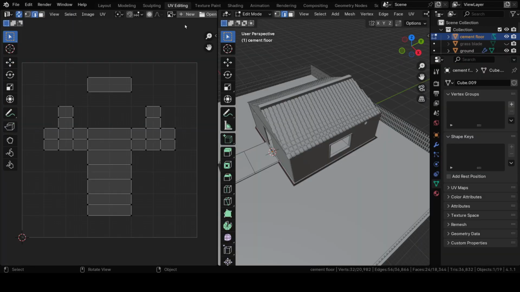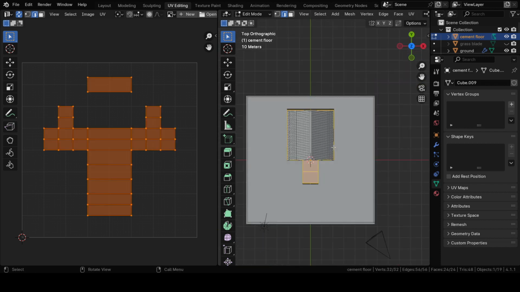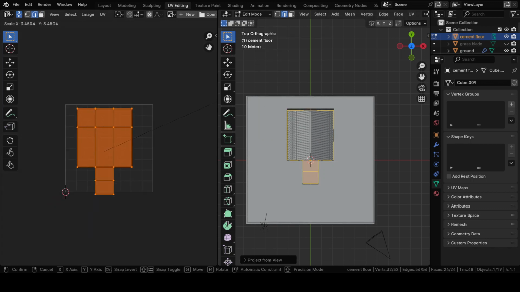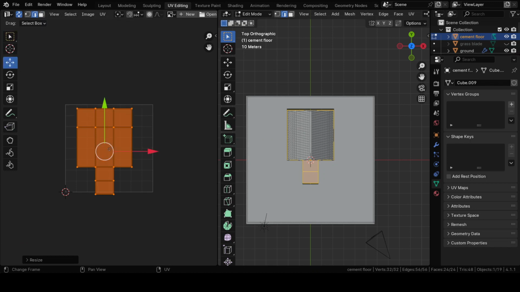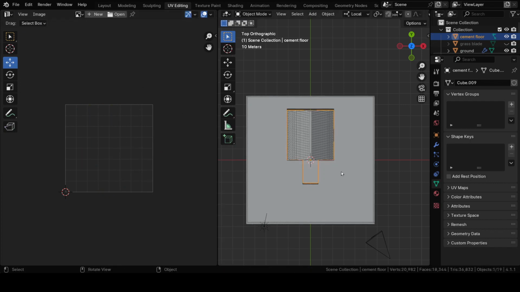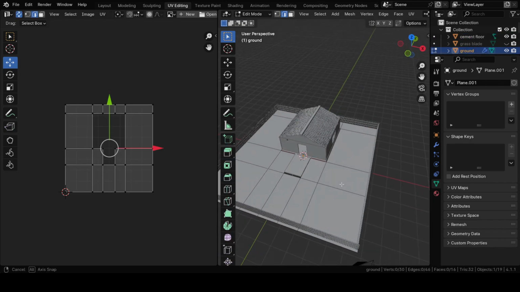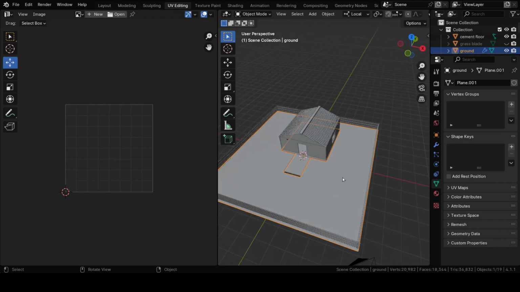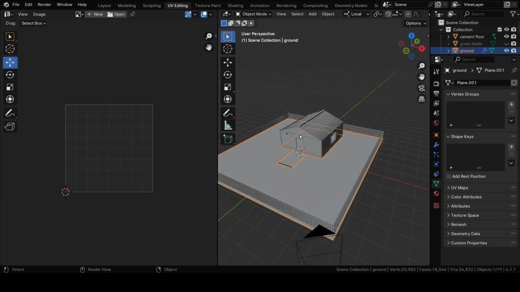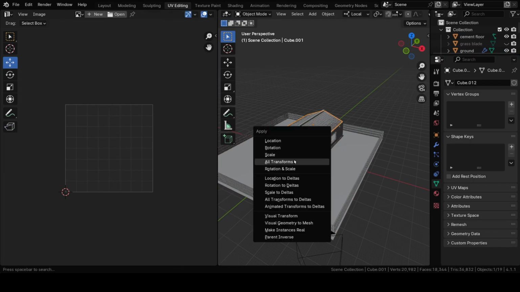Go to the UV editing module and then like this, as you like. Once you do UV unwrapping, whatever texture you are going to apply will easily get applied, like a hot cake. For the ground we don't have to do it, the UV unwrapping is already ready. Only for this one maybe. So all transforms,